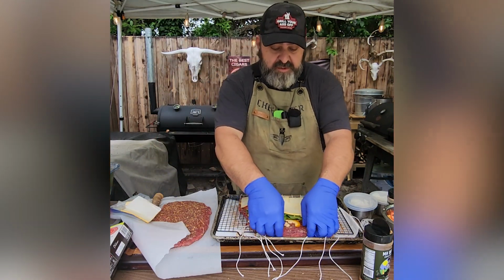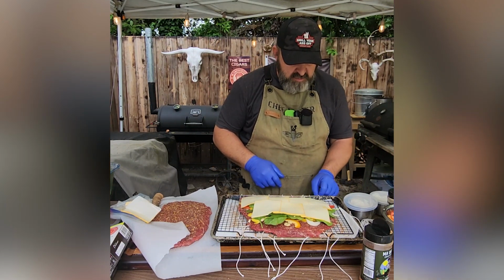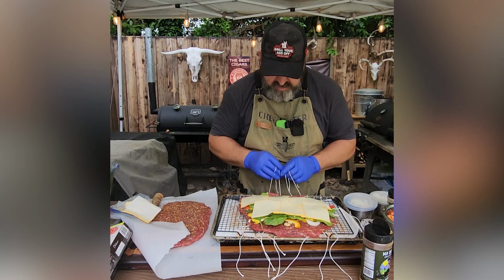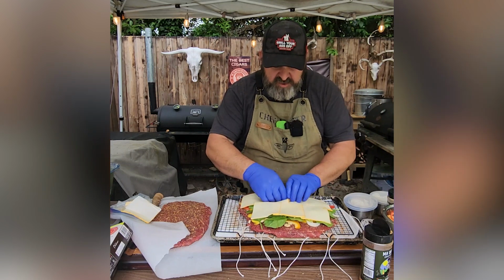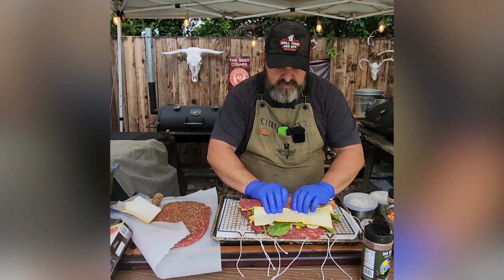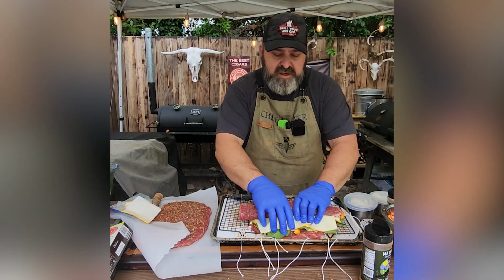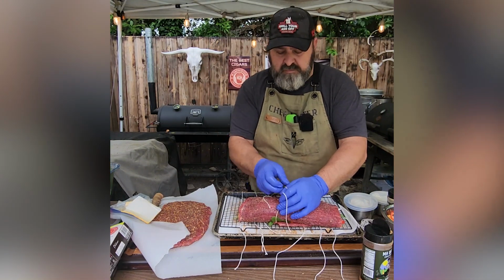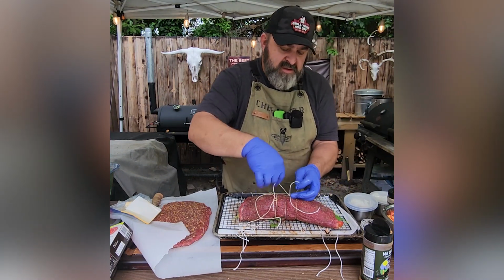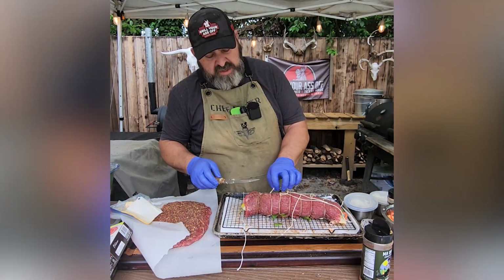All right, so now we're going to roll it. This is the fun part, because you want to roll it as tight as you can. Try and use your fingers to help grab it and push it back inside, because what we'll do is cut in between each of them when we cut it, and that way it'll hold it together when you go to serve it. Go back and trim off all the...